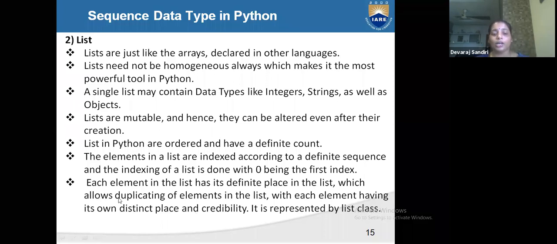A list allows duplicate elements, and each element has its own distinct place. It represents the list class.